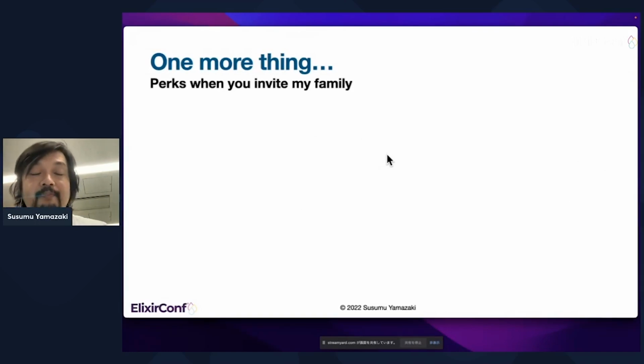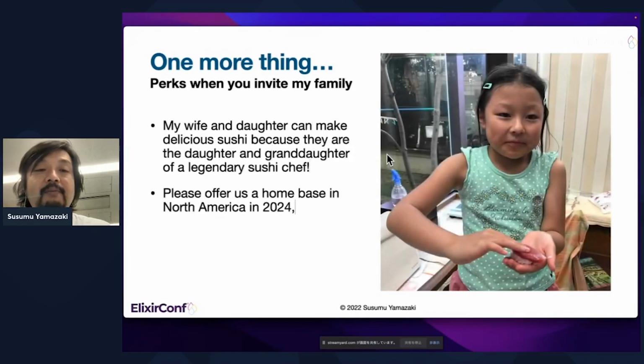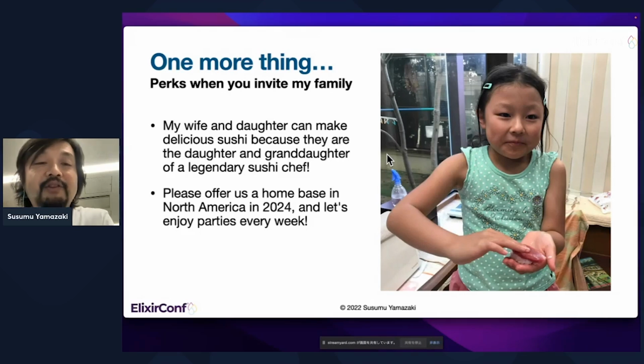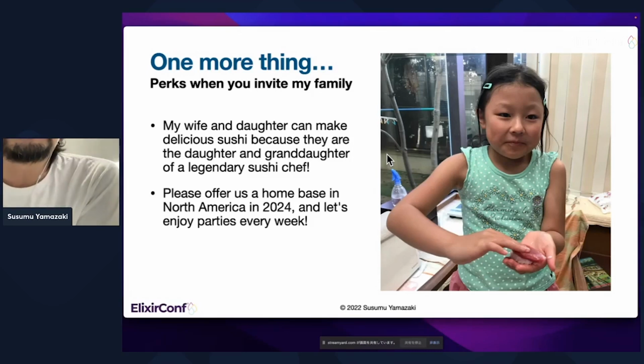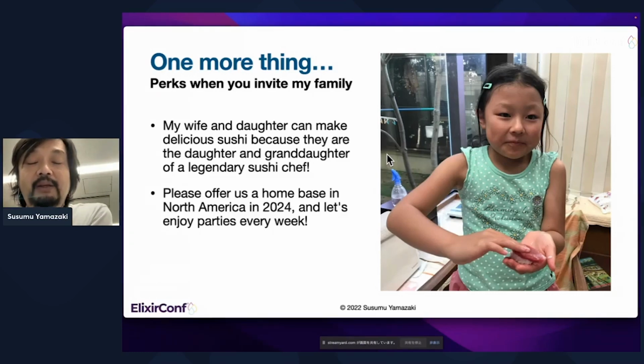One more thing. My wife and daughter can make delicious sushi because they are the daughter and granddaughter of a legendary sushi chef. Please offer us a home base in North America in 2024 and let's enjoy parties every week. Thank you.